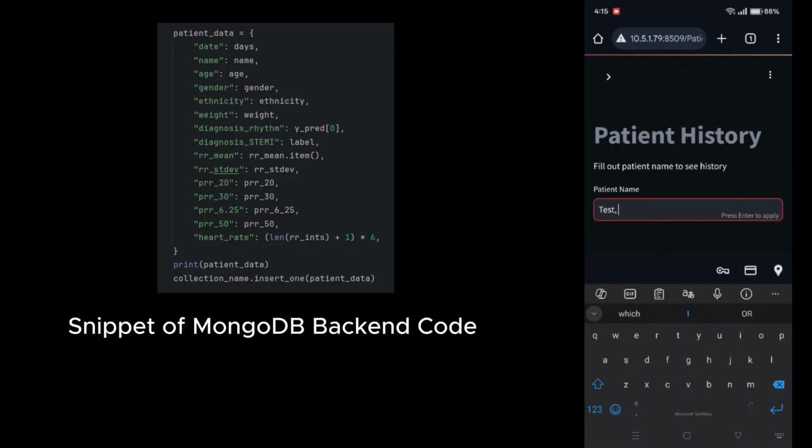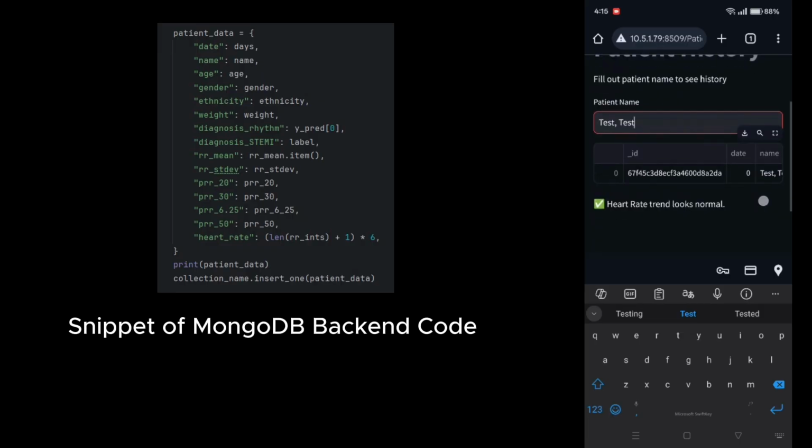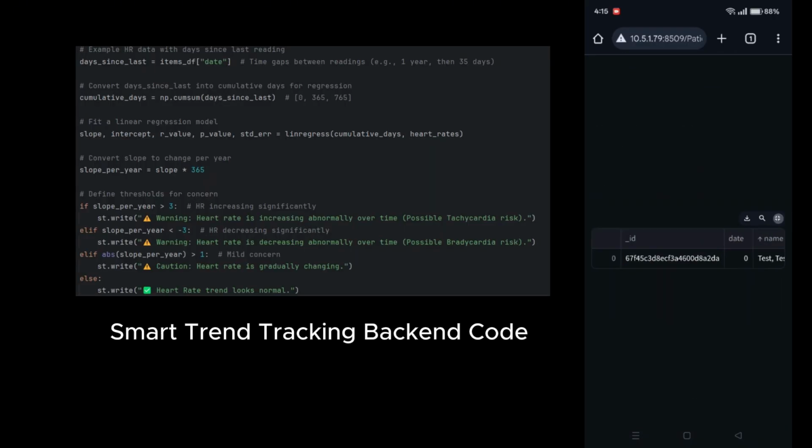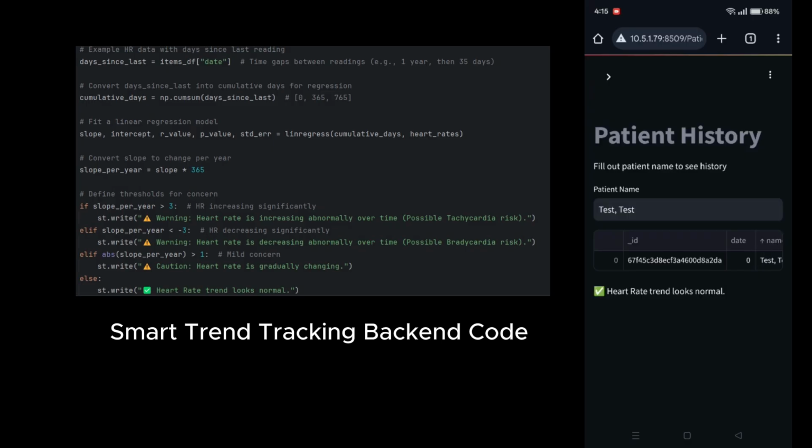We also have a functionality for a medical professional to view a patient's history of diagnosis. Here we enter the name of the patient and we see the result we just got from the system. It shows all the information we entered about the patient as well as the diagnosis. We also detect the heart rate trend, which as of now